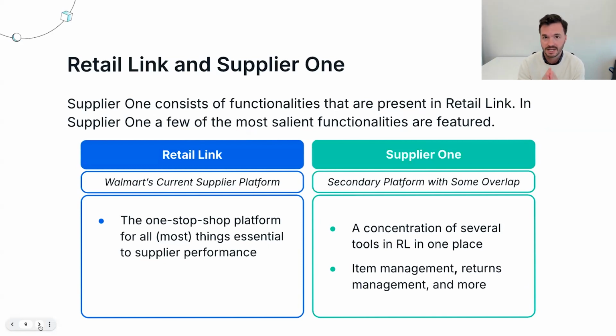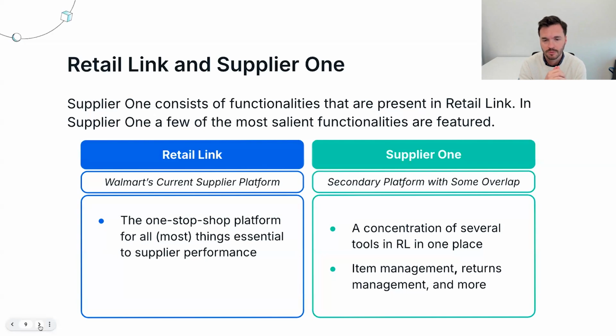So SupplyerOne isn't yet a complete replacement of it, but there are a lot of mirrored functions from the major Retail Link apps like APDP and Nova and Item 360. So these apps are now being replicated. They're being reproduced in SupplyerOne. There's some minor differences, but not a ton. So basically, that's what we're looking at as of now. We're not yet confident that Retail Link is going away. It's still an essential, what we've called here a one-stop shop platform for all or most